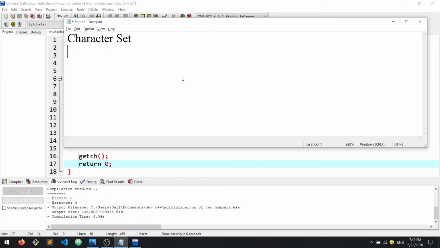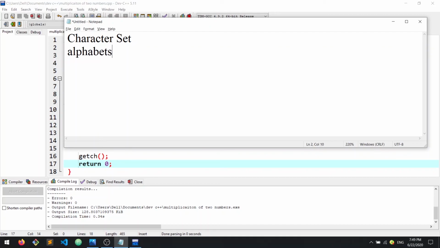So in C programming we call alphabets, digits, I mean numbers, and special characters or symbols the character set. In English we just say alphabets, numbers, etc. So in programming, a character set is just a combination of